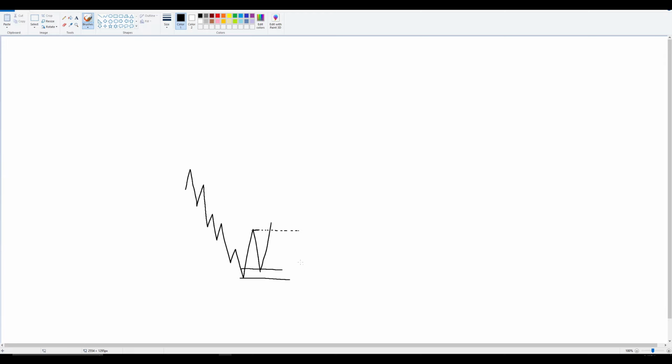in his videos, I noticed that when he takes partials, it may be 50%, and then he just lets the rest run. It doesn't matter if it hits him at break even, or it goes all the way to 60 to 1 RR, whatever it may be. He just lets it run. So that's another way you can do it. And shout out to him for making me aware of the fact that that's a good way to take profits,